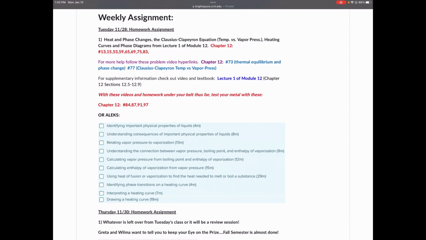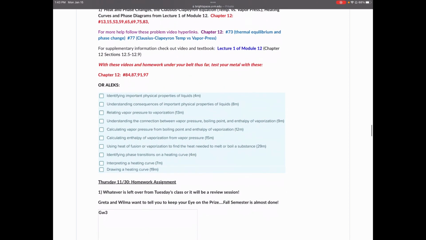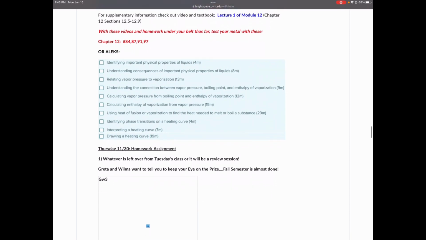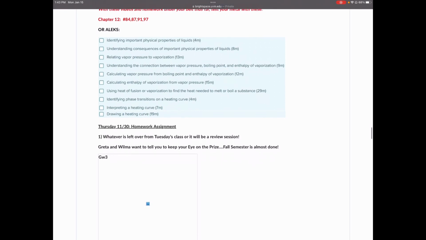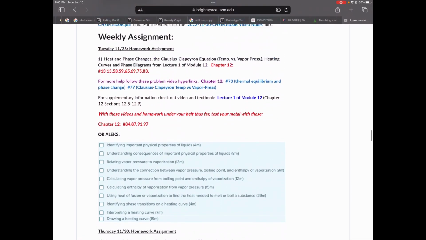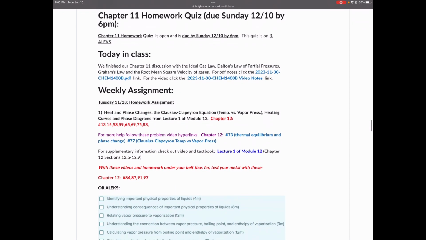We then have extra problems that are a little bit more difficult. We have Alex. Alex is going to change a little bit. So here we see kind of concepts. I've been changing the Alex program to try to help us do a little bit better with it. So that's going to be slightly different in the announcement game. And then we have the next assignment, Thursday assignments, which we found at the end of the semester here was a review session.